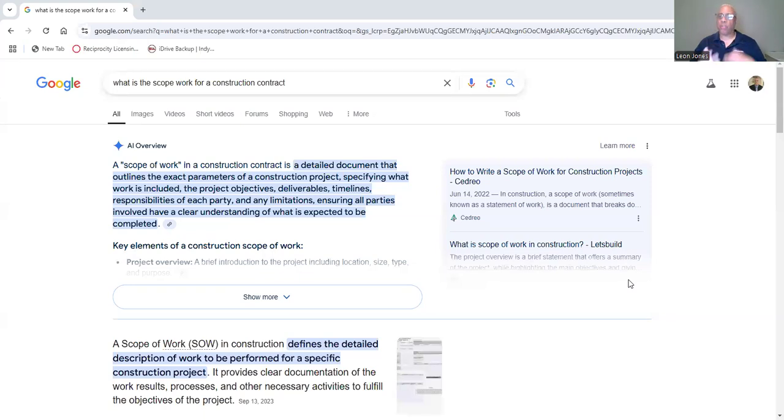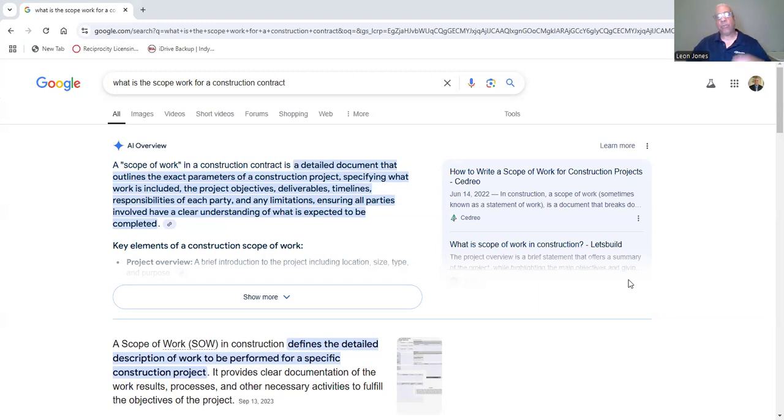Particularly in construction, it's going to define the description of work to be performed for a specific construction project. And it provides clear documentation of all work results, processes, and other necessary activities to fulfill the objectives of the